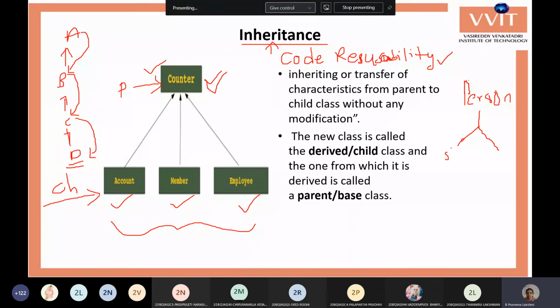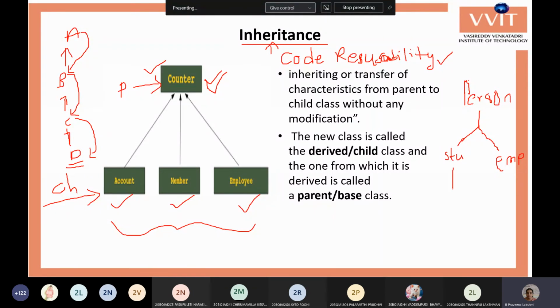The employee also has the same data, name, address, and date of birth, and the student also has the same data, name and address. Additionally, the student has the number, class and school name. An employee has the company name and salary.